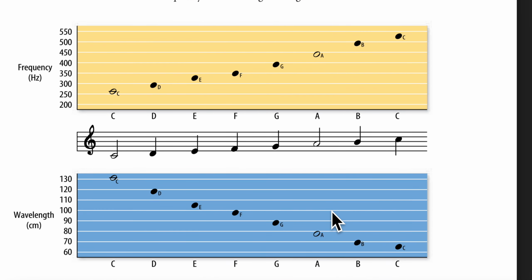So up here, we have frequency. Let me take a C note here. Middle C is right above 250, like 275 hertz. And again, hertz is the measure of frequency. Wavelengths here are measured in centimeters. And so the wavelength for that same note is 130. And notice as the frequency goes up, the wavelength goes down.